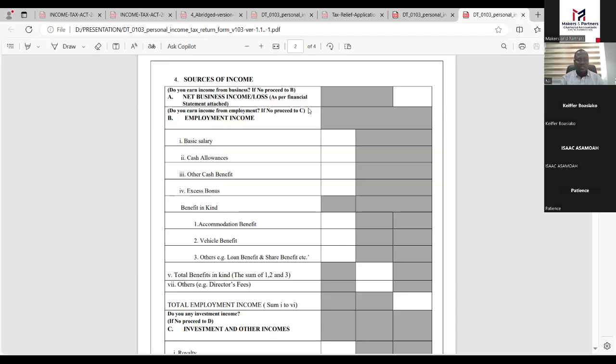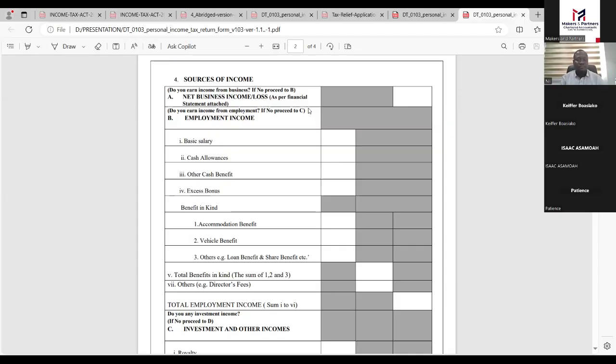Okay, to answer you, what I tell people is that the personal income tax is for you, the individual. So you should take it upon yourself to file your personal income tax returns. Because to file your personal income tax returns, you need your Ghana card and a password dedicated to the portal. If you have business income or other investment income, are you going to give it to the accountant to file for you? You need to do that yourself. It's an individual thing here.